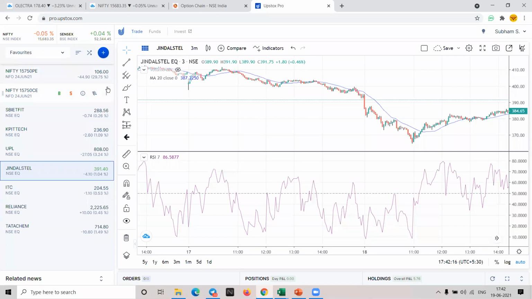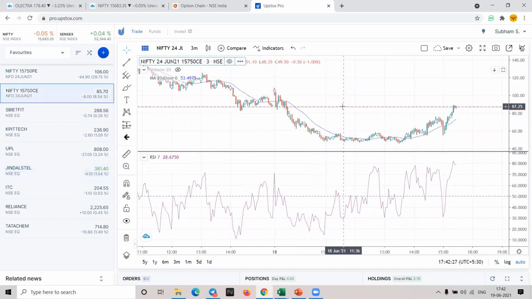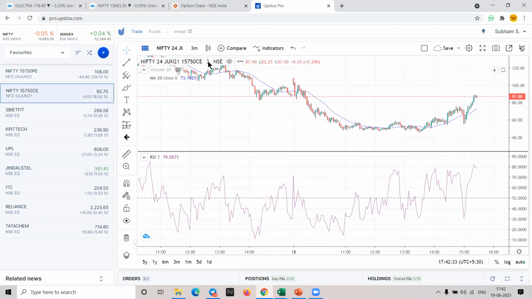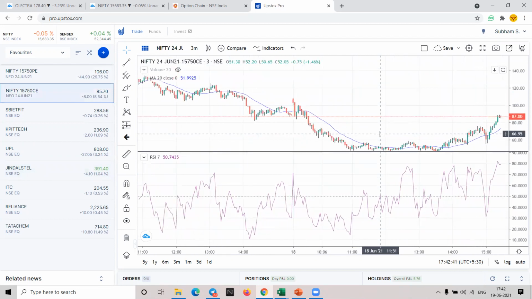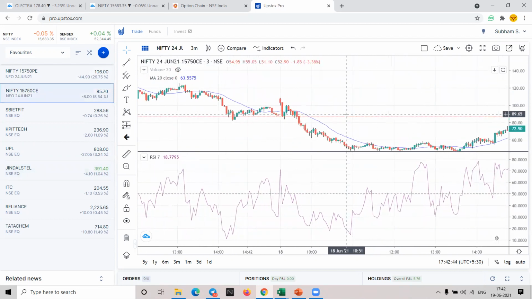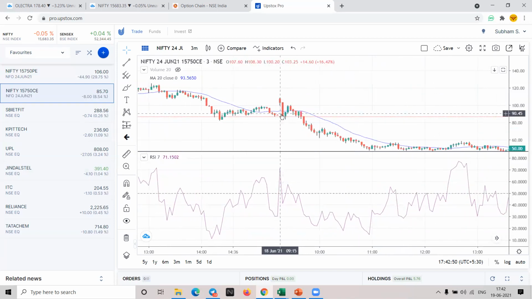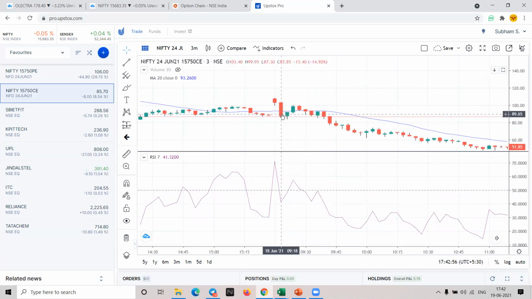This strategy can be used for both option selling and option buying. I'll explain the buying part first and then the selling part. This is the call. We look for two things in this. There is a 20 moving average plotted and an RSI plotted. One thing is that we require a block candle. If you just look, there is a block candle here. This is 18 June. Can you spot a block candle? There is a block candle right here.